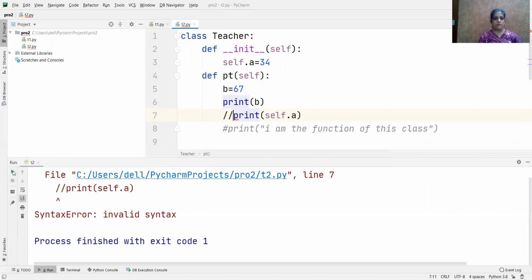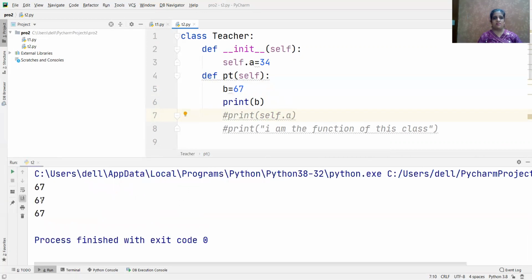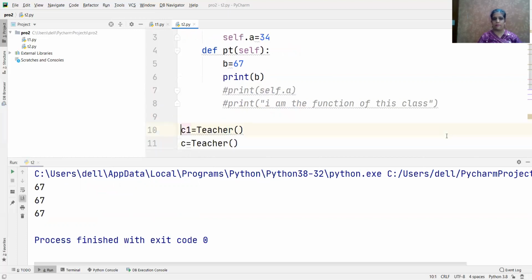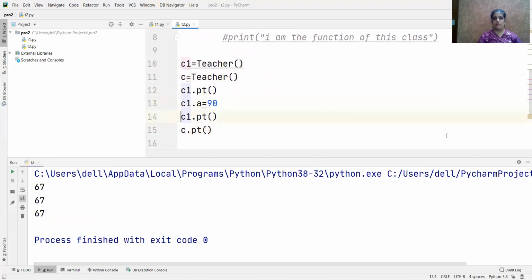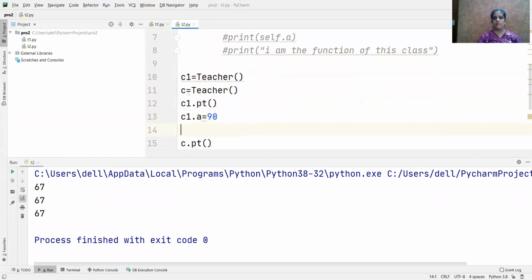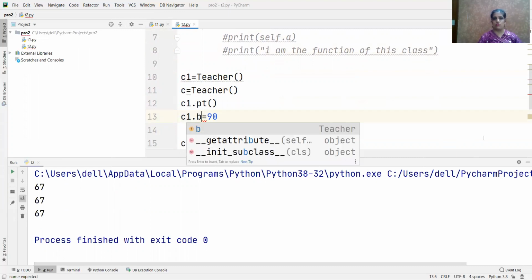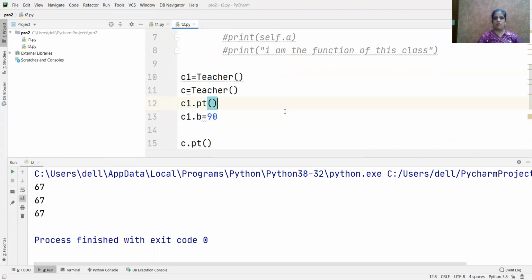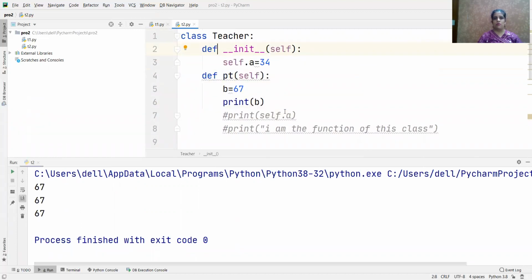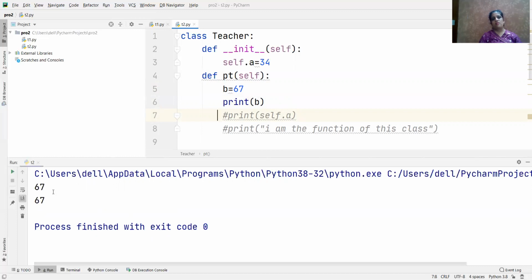चलिए. Oh, I have put the comment as in C++. चलिए. See, 67 67. ठीक है, क्योंकि एक्चुअली मैंने वो C1 को 2 बार कॉल किया हुआ है नीचे. See, I'm making the changes in this B है ना, तो let me make it here C1 dot B. अब मैं इसको 90 प्रिंट करना है. ठीक है, और मैं प्रिंट B यहाँ करा रही हूँ. चलिए, अब हम इसको एग्जीक्यूट कराते हैं. सही, वो 67 ही लेगा.